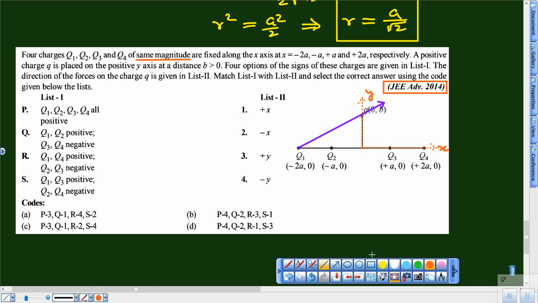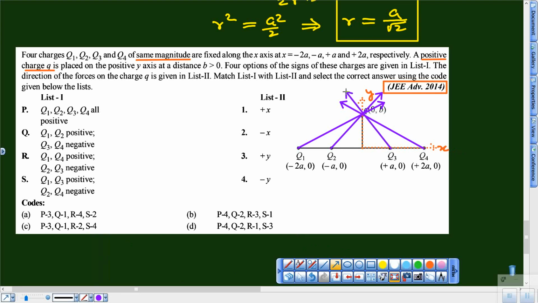So this would be repulsive due to this because this is positive, and this again would be repulsive. This again would be repulsive, and being nearer, it would be larger as compared to Q1 and Q4, and this